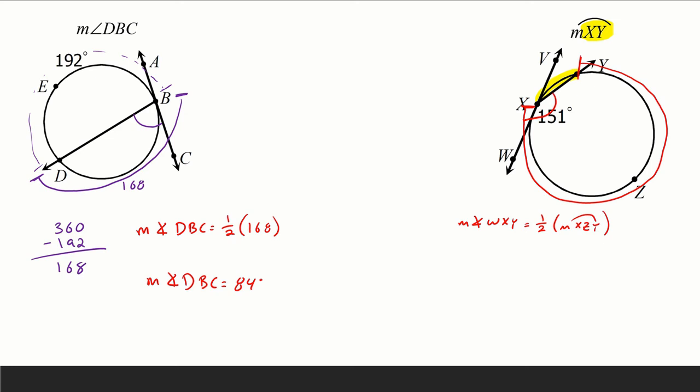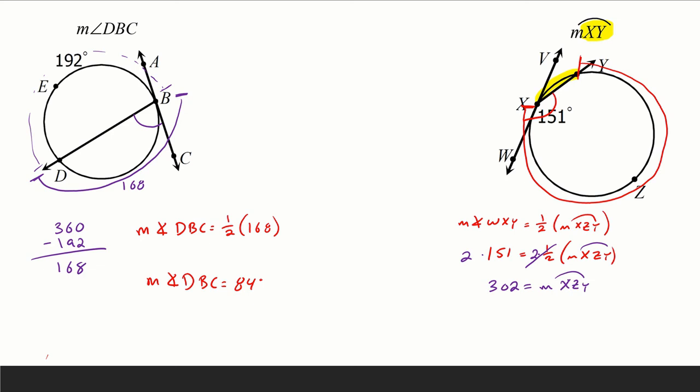XZY, right? So from here, we're going to substitute in what we know. We know that angle WXY is 151, and we are looking for arc XZY. The reason we're looking for arc XZY is because once we know that, we can simply subtract that from 360 and it'll give us the arc that we want, which is XY. So from here, we're going to solve for that missing arc. To do that, we're going to multiply both sides by 2. And so on the left side, 2 times 151 gives us 302. On the right side, they cancel, and I'm left with the measurement of arc